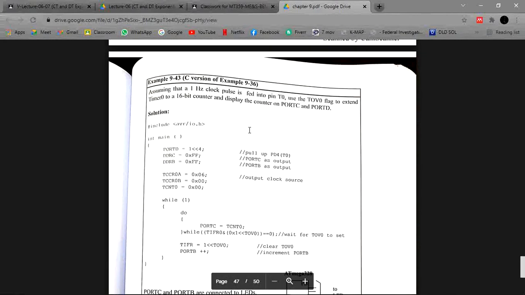Now here we are assuming a 1 Hz clock pulse is fed into the pin T0.